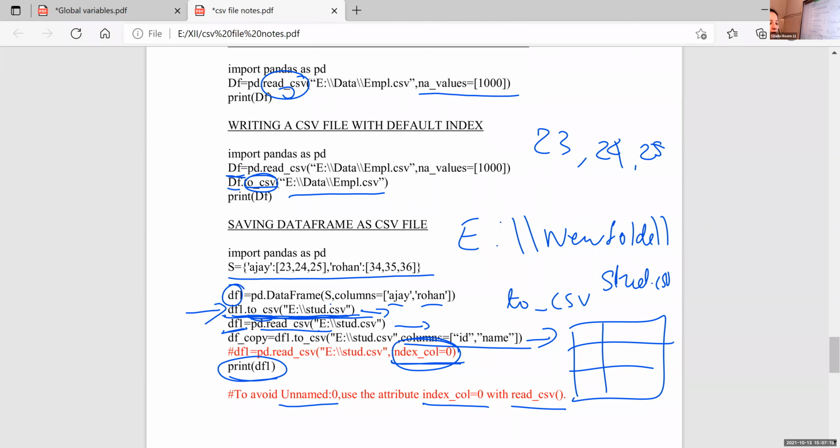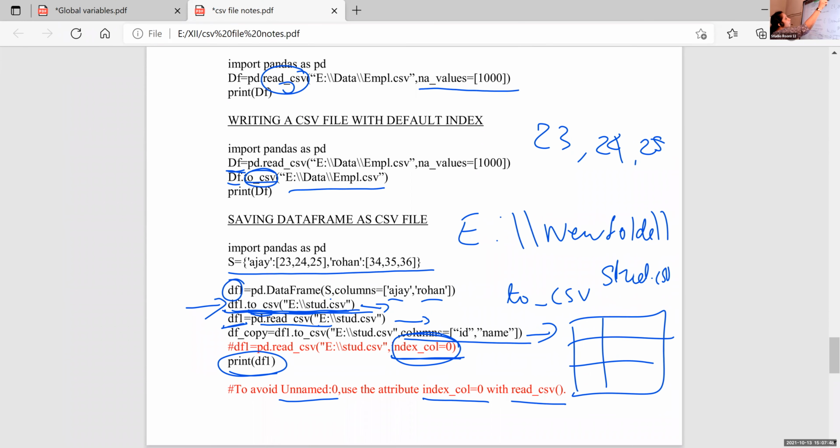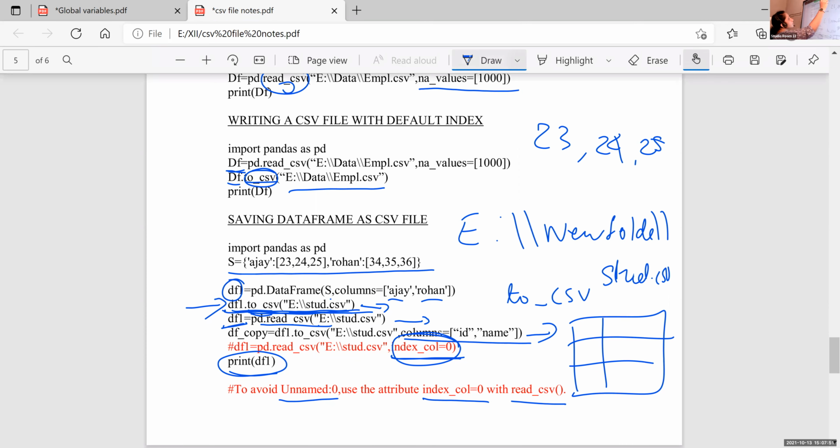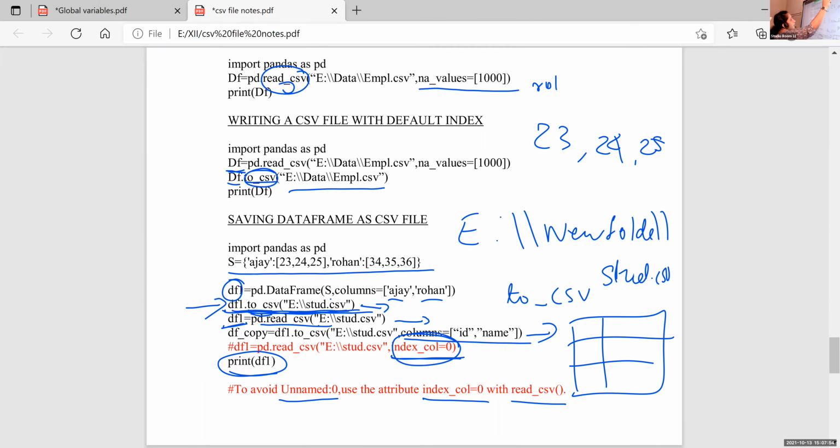And one more option is there in example 44, axis equal to 1. That we already discussed. axis equal to 1 means column-based concatenation. That is, after the first and second column of df1, the columns of the second data frame will display. For that purpose, we are using axis equal to 1. This roll number is df1's first column.